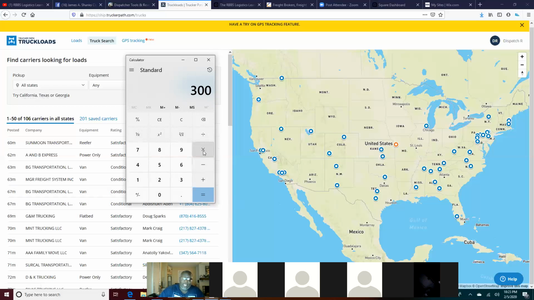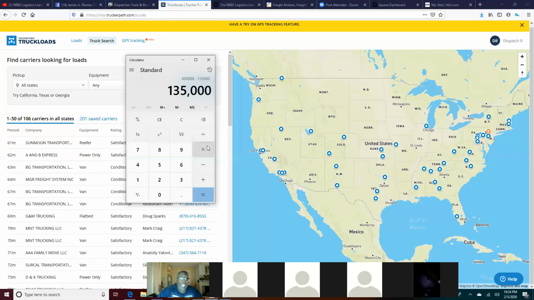Right? 300. Now, those loads, let's say they equal $1,500. We're using the same numbers we used before. They average $1,500 on the load fees. That's $450,000 if those booking agents are booking that 30% each week. Let's not even say a day. Let's say they're booking 30% of those loads each week. So that's $450,000 of load fees that are being booked. Let's say our cut is 30%. That's the brokerage firm's cut. That's $135,000 per week, right?